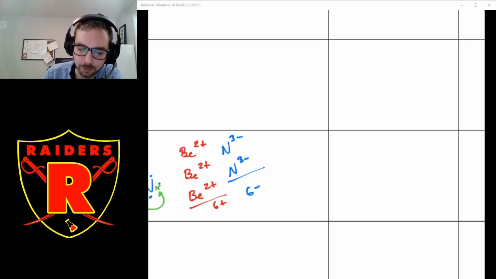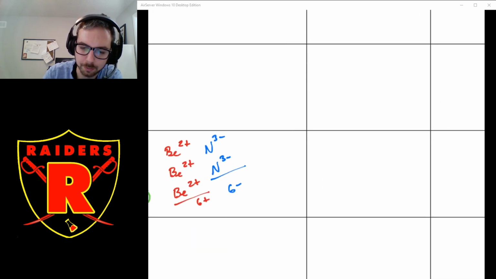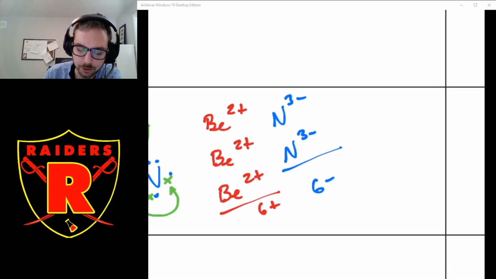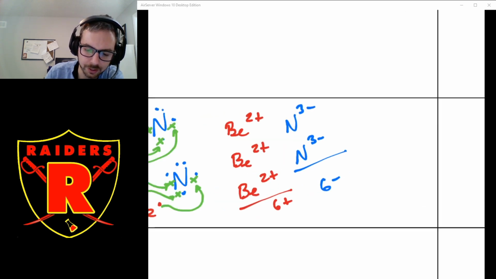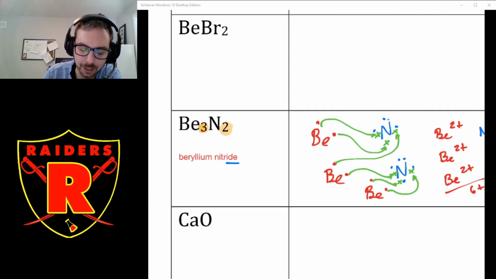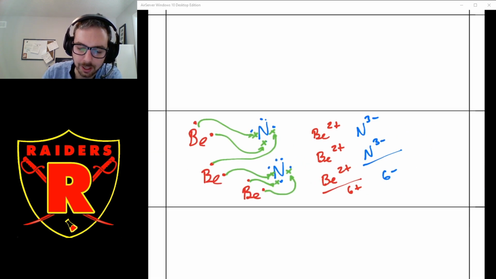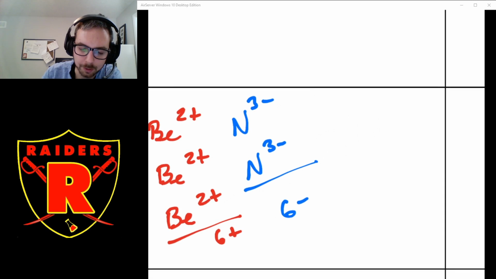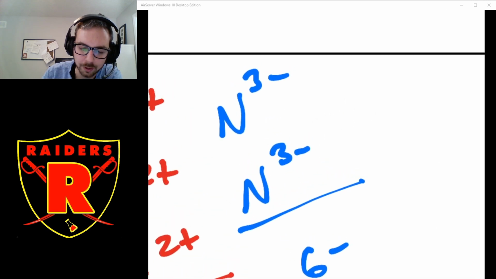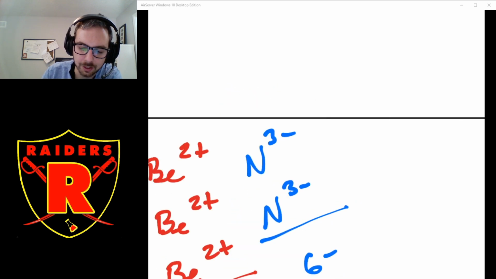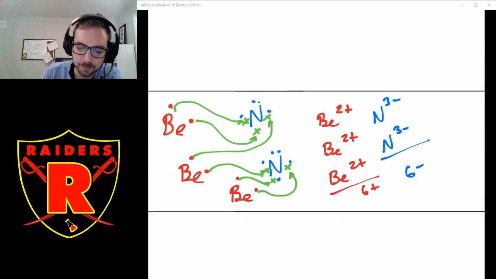Here we had 3 positive ions, better fill my table here, 3 positive ions and 2 negative ions, but a total charge of 0. That's the key. So an easy way to figure out, if you know that you have to combine 2 things together, is to just look at their charges. Because if you have, for example, a charge of -3, what that means is that in order to